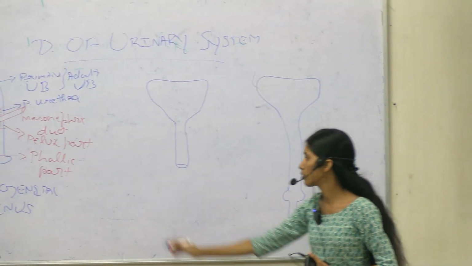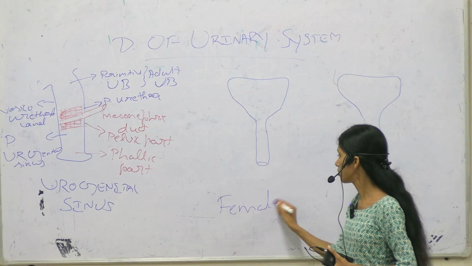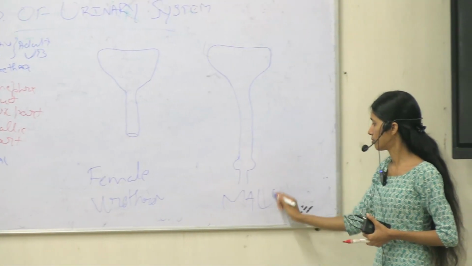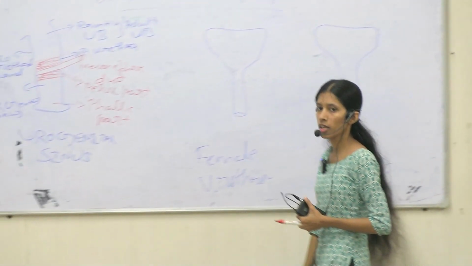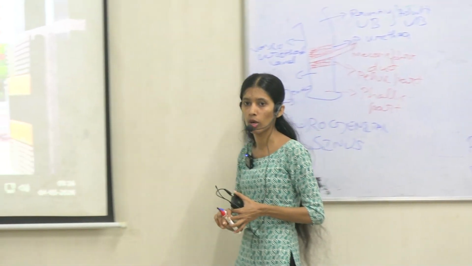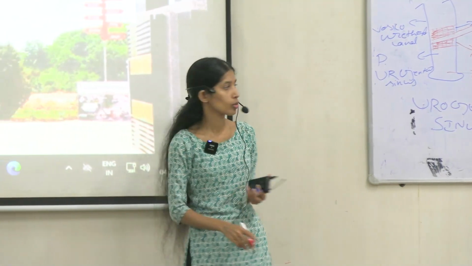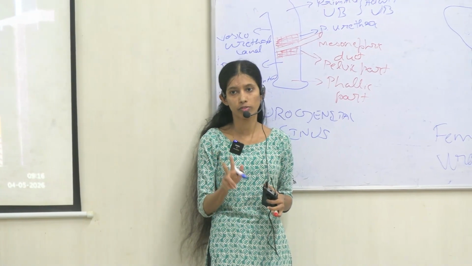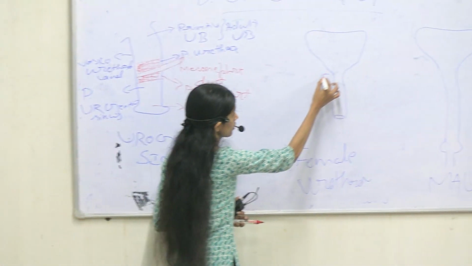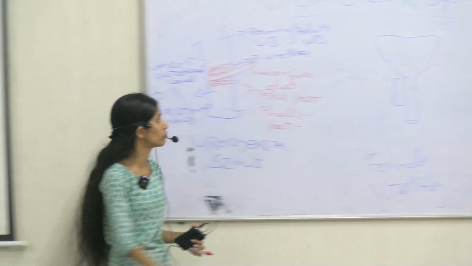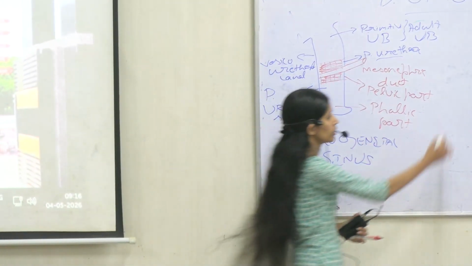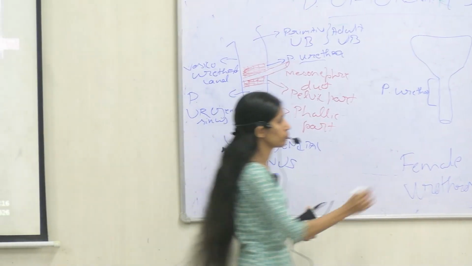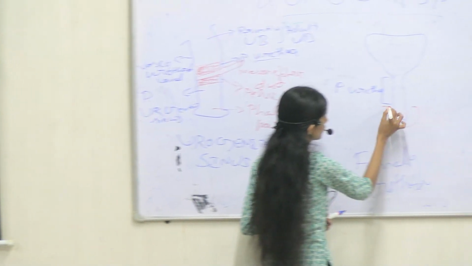Okay, this will be the female urethra and this is the male urethra. Female urethra is comparatively smaller or shorter in length. Again, in female urethra also it is developed from two different structures. The upper larger part is developed from the primitive urethra, and the lower terminal part